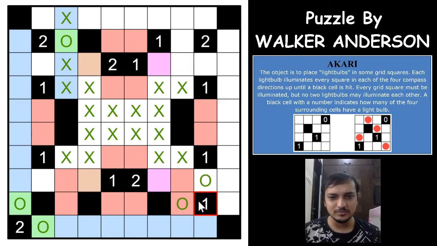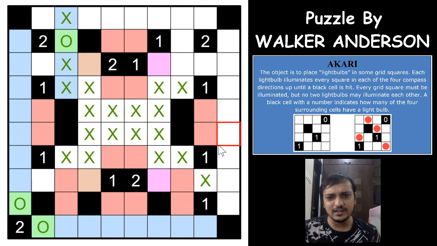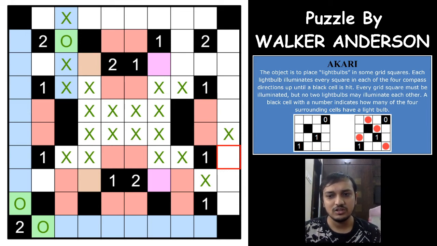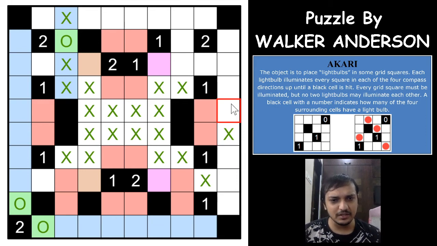One will have two light bulbs, which is not possible, which means that this cell cannot be a light bulb, and for this one you have exactly two cells remaining for the light bulb, which means that this cannot be a light bulb. If you have a light bulb here, both of these cells will be seeing the lights, right? So still we are not sure of how the puzzle can be continued. We are just eliminating a few possibilities where light bulbs are not possible, I would say. And